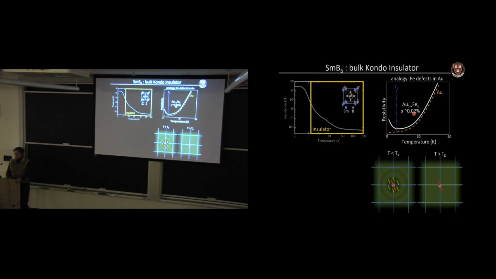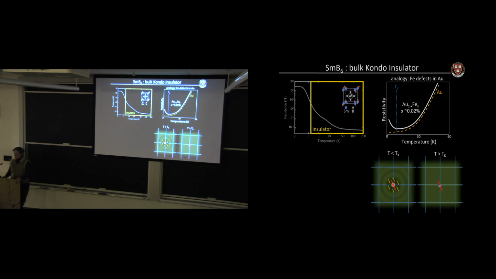So if you put a single magnetic impurity into gold, gold itself, this orange curve here, is a metal. Its resistance goes down as you decrease the temperature. But if you start to put magnetic impurities in, then the resistance pops back up again at the lowest temperature. And the resistance is popping back up because at low temperatures, this single magnetic atom attracts a screening cloud of electrons around it, and so it becomes a larger scattering center for the conduction electrons in the material. The conduction electrons come, they see the spin, they say, I'm going to screen for a while, they hang out, and they get extra resistance.